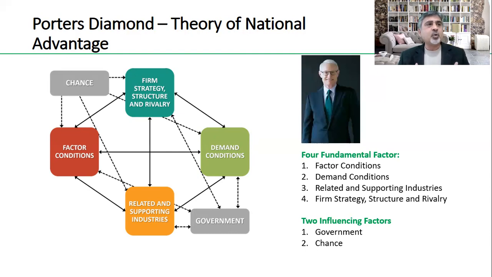Government's decisions will either positively impact all of these factors, or it can negatively impact, because there is a role of the government. For example, if we speak about labor, labor is one of the factor conditions. If government is investing in education, if government is providing high quality higher education and investing in the modern areas of knowledge, it will automatically improve the labor quality. And when the quality of labor and the quality of human resource improves, it means one of the factor conditions will improve.